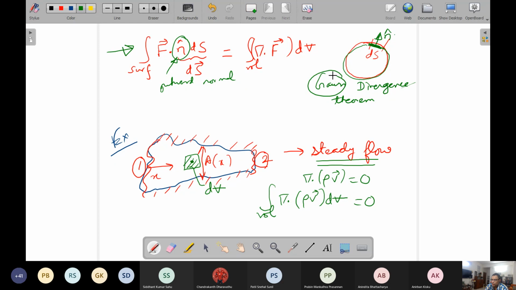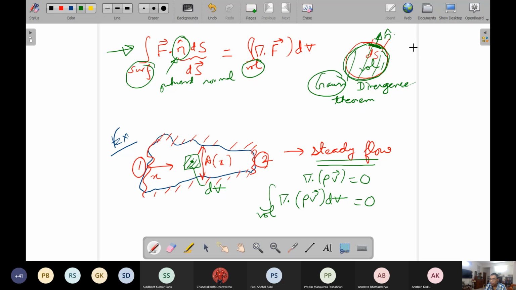This mathematical form we can recollect, but what may not be easy for us to recollect is what this surface is. This is something ignored in the description. It has to be a completely closed surface and not any arbitrary surface, the surface which completely encloses the volume under concern. Whatever volume you take, the surface that you have to construct to convert the volume integral to a surface integral is the surface that completely encloses the volume. That is the connectivity between the volume and the surface.